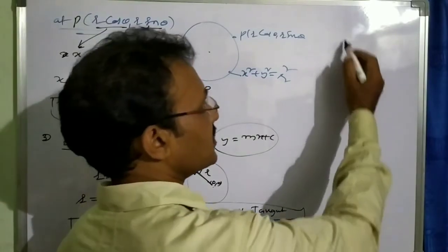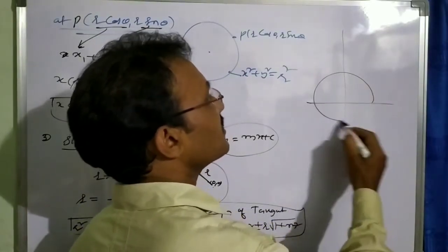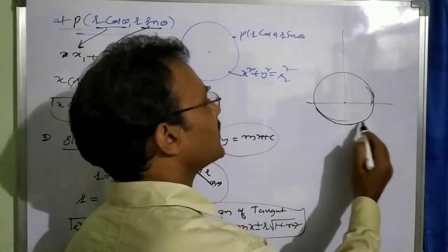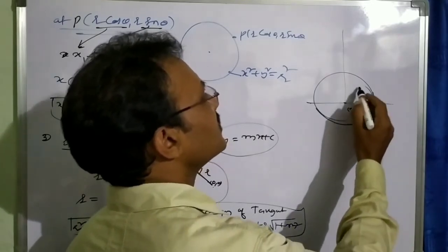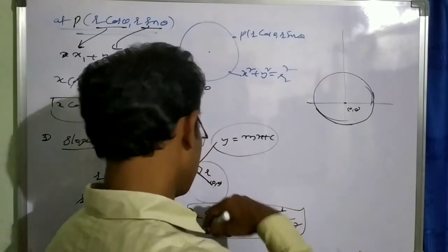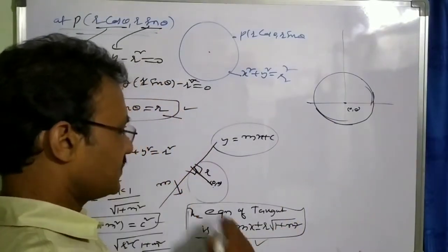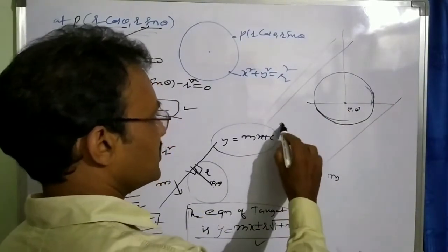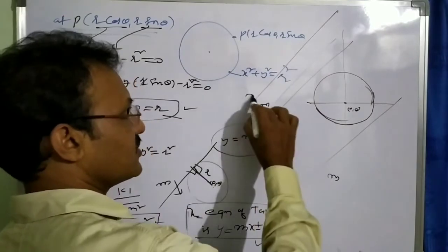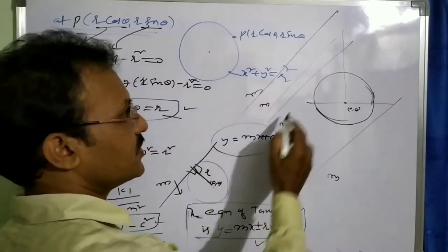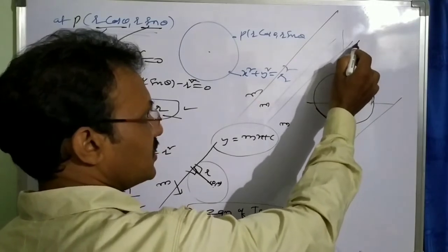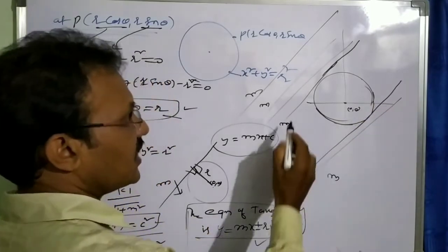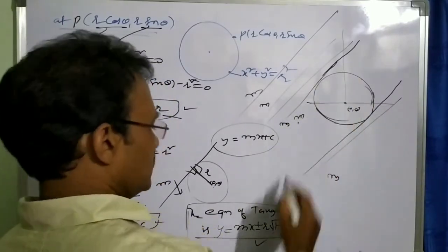Suppose you consider geometrically, if you observe, this is a circle. This is a standard circle, with its origin and this is the radius. There are so many tangents, so many lines having this slope m. This line has slope m, this line has slope m. All these lines are having slope m. For a particular case, two lines exist in this plane such that they have the slope m and a particular intercept.